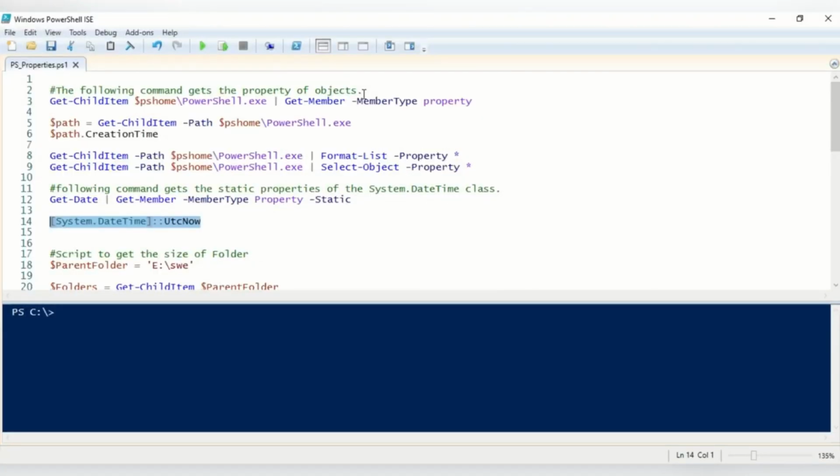So properties are the data that is associated with an object. So different types of object have different properties. For example, a file info object, which represents a file, has an is read only property that contains true if the file has the read only attribute, and false if it does not. Then a directory info object, which represents the file system directory, has a parent property that contains the path of the parent directory. To get the properties of an object, we can use the get member cmdlet using member type property with